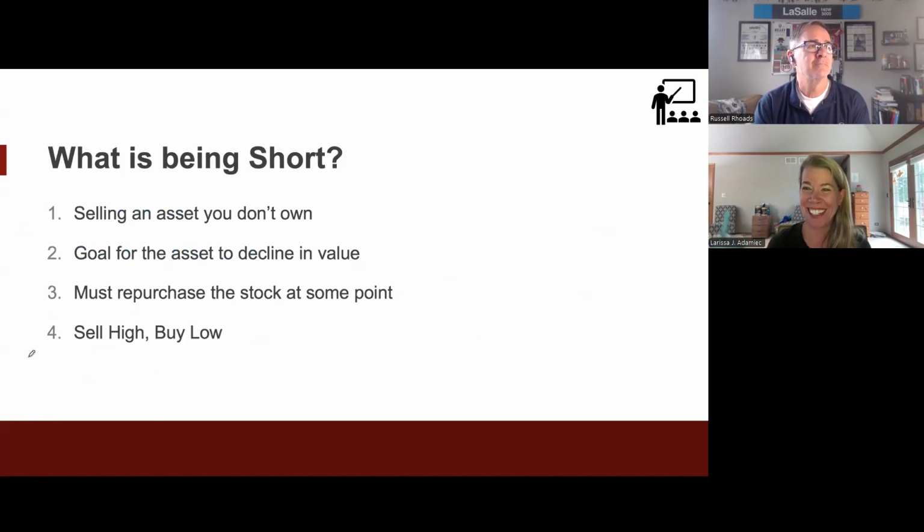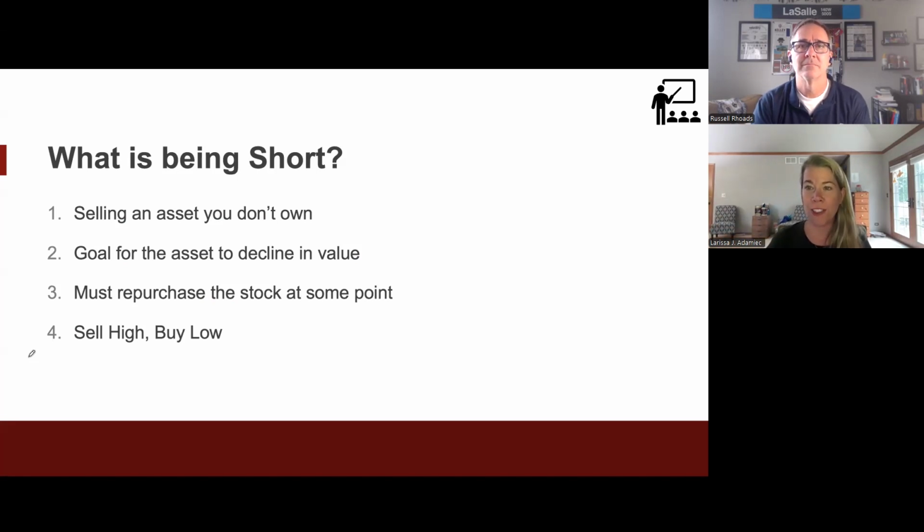Now, selling short. This is selling an asset that you don't own. The first question is, how in the world do you actually do this? If you are selling short in equity, you will go to your broker and put in a short sale. Your broker will then borrow the asset from another client, and you take the asset and sell it in the open market.